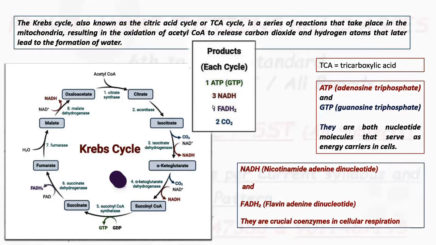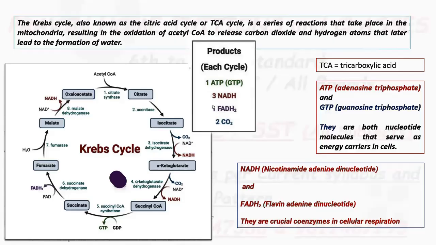Hello friends, welcome back. In this video, we will study the Krebs cycle. It is also known as the citric acid cycle or TCA, that is the tricarboxylic acid cycle. It is a series of chemical reactions that takes place in the mitochondria, resulting in the oxidation of acetyl coenzyme A, and it releases carbon dioxide and hydrogen atoms. Later, the hydrogen is converted into water. So it is a cyclic process. A series of reactions takes place, and